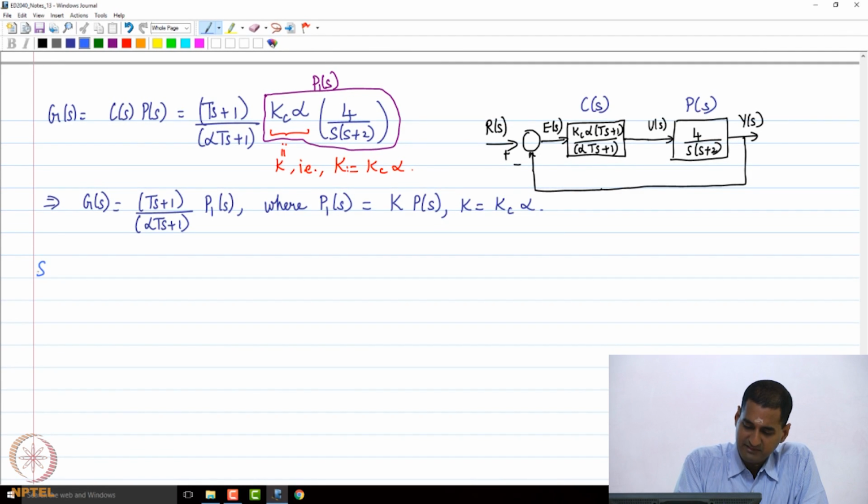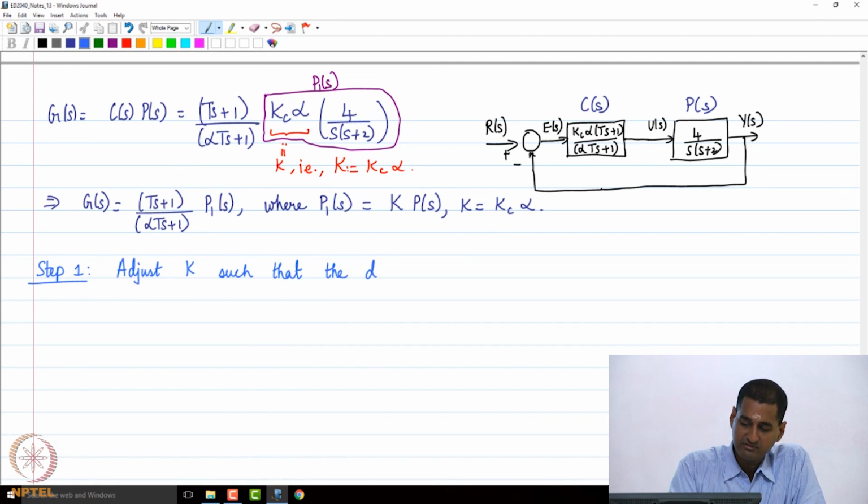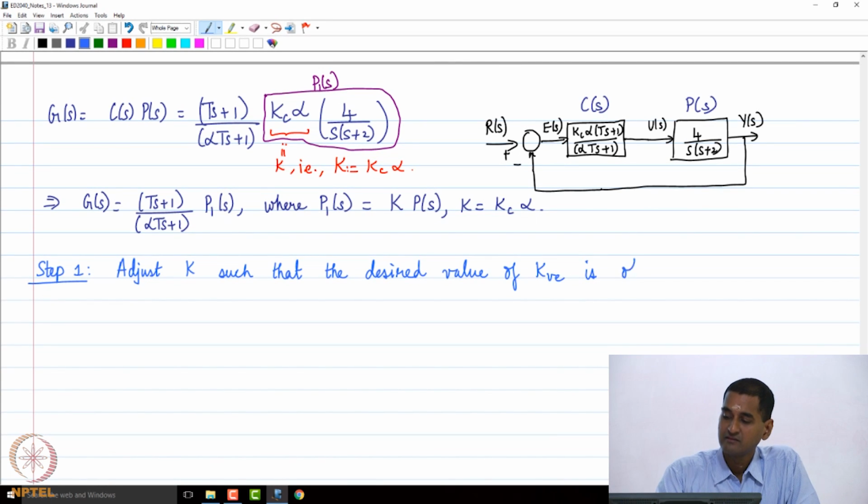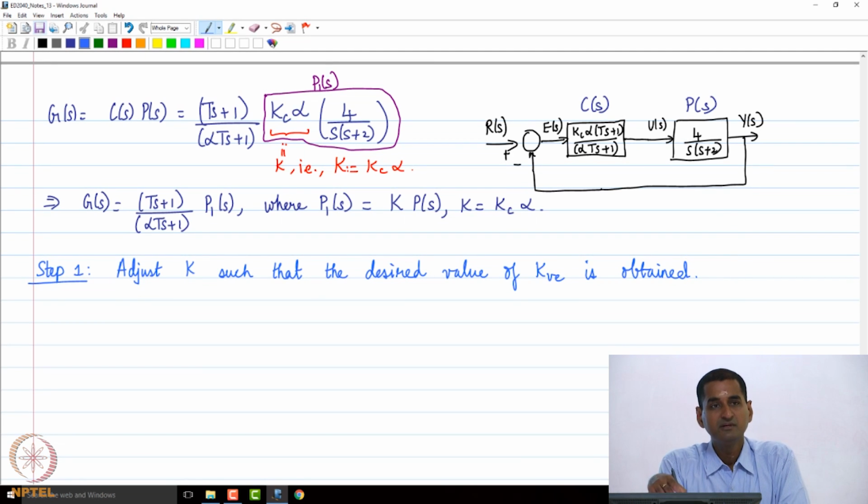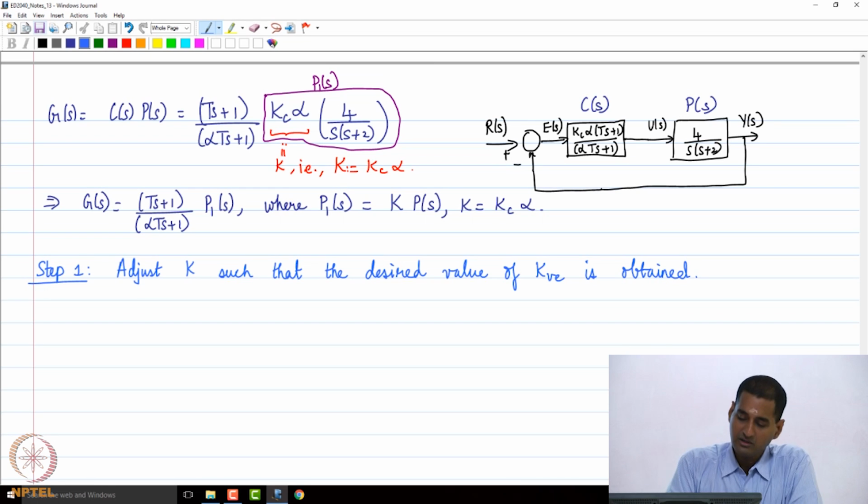So, the first step is to adjust k such that the desired value of KVE is obtained. In the first step, we adjust this parameter k so that we get the desired value of KV, which was essentially specified as 20. So, recall that